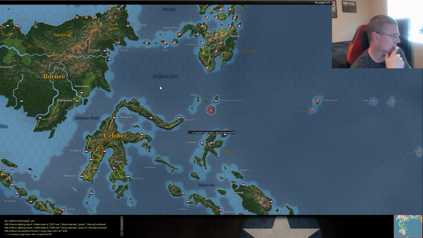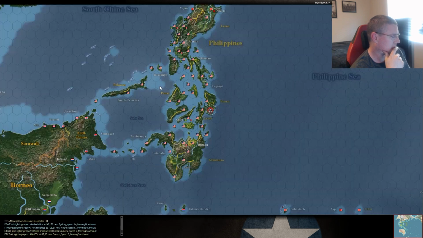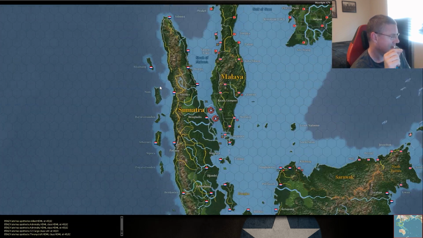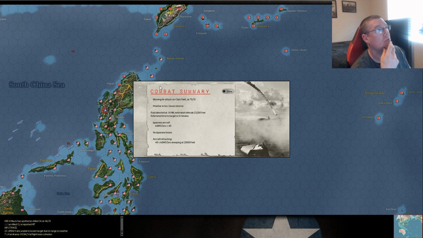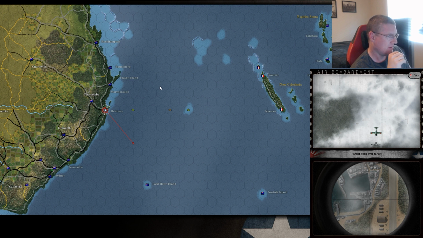These are, I think, the ships from Naval and other little areas around here. Oh, you see those ships that are fleeing. Let's see. He's fleeing Brisbane and Melbourne. Melbourne's the other one where we... So hopefully, so we sweep